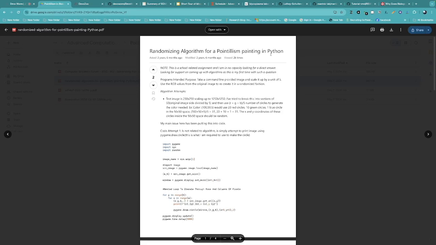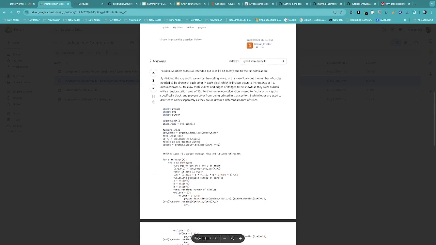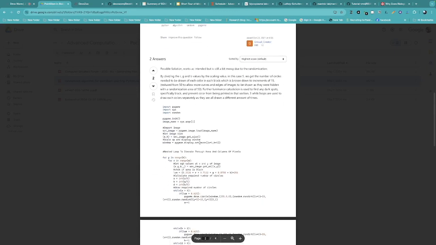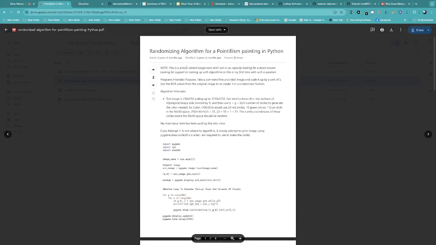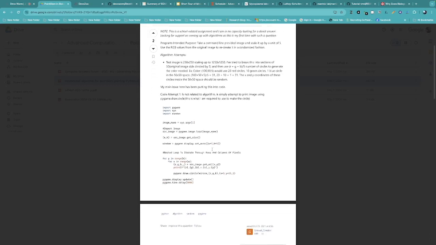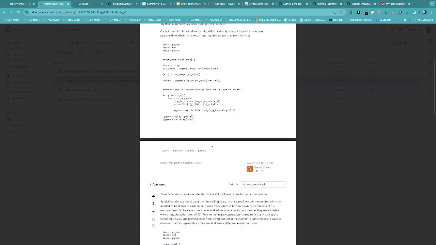So this is actually something that has been done. We can build algorithms for pointillism, and we can do pointillism paintings in Python. So this can be implemented actually using Pygame as a toolbox. And so we can actually do this. And so pointillism has been well studied in computer science, and it's been used in computer science for a number of applications. This is an example of pointillism just in general, so it's not in a biological simulation, but they've been able to do this simulation where you can generate points in a model,